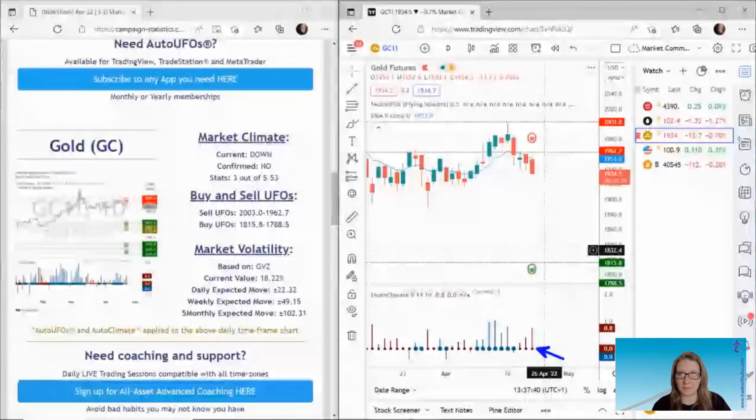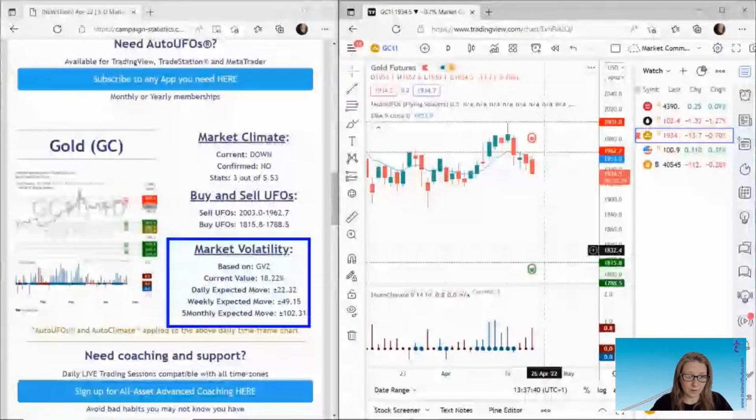Okay, gold. Thin dot, not enough probability either way. However, we have started to see gold move to the downside. So we may see probability to the downside come maybe next week. But for today, still not sure what it's doing. We have sellers up here between 2003 to 1962.7. Again, if price were to come back up and hit those sellers, we'd expect them to push price back down. Now we have buyers here further away between 1815.8 to 1788.5. So overall, not enough probability either way on gold for now, but I'd look out on Monday to see if it confirms to the downside.